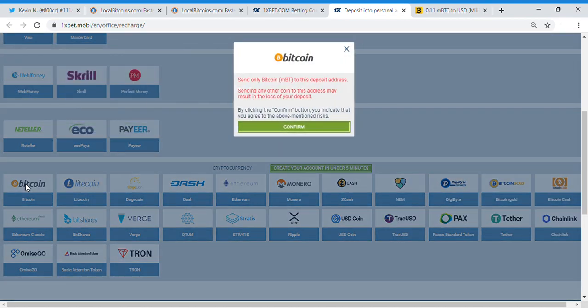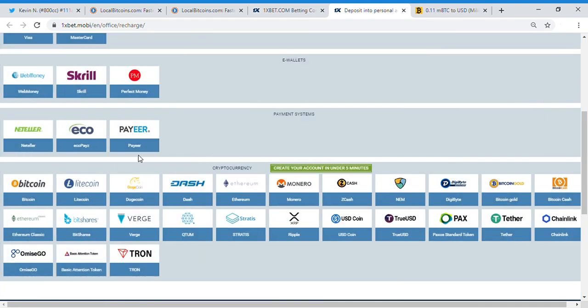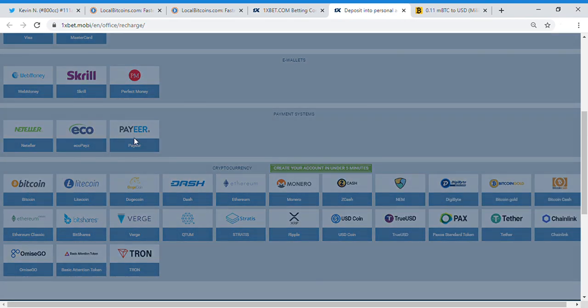When you click deposit, please note this Bitcoin Gold, and this Bitcoin Cash. These are three different cryptocurrencies. Don't select this, don't select this. Go to the one which we are using, Bitcoin. When you click Bitcoin, it will open up like this